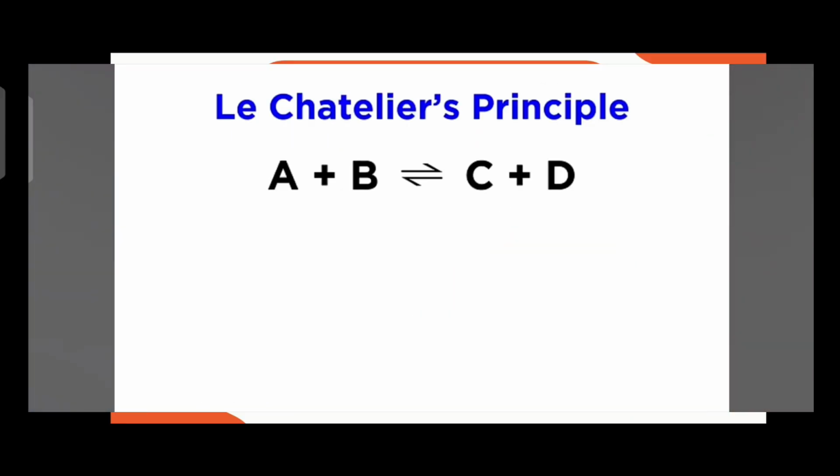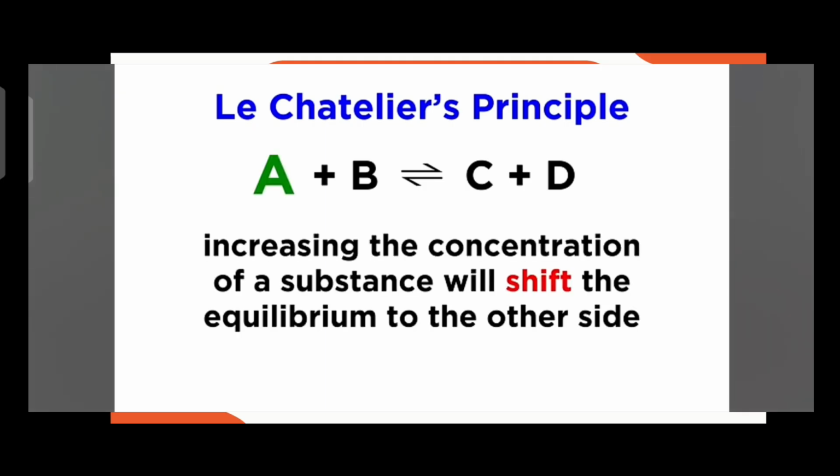The common ion effect is an application of Le Chatelier's principle, which we learned all about in an earlier tutorial. So if you need to review, check that out now. Otherwise, we know that under this principle, which describes the behavior of equilibria, if we were to add an additional amount of one of the components in an equilibrium, the equilibrium would shift towards the other side, using up some of that additional component and creating more of the substances on the other side.